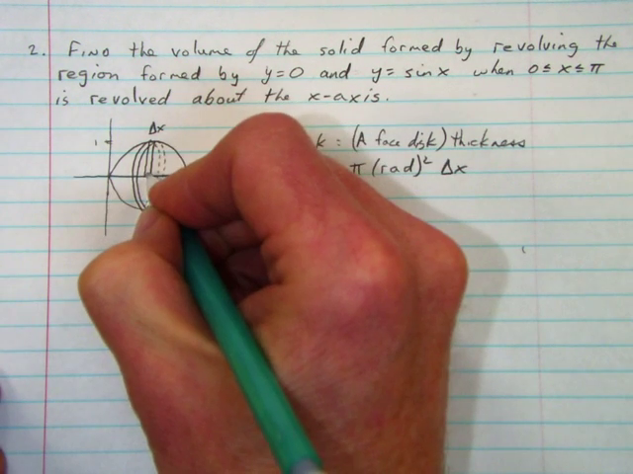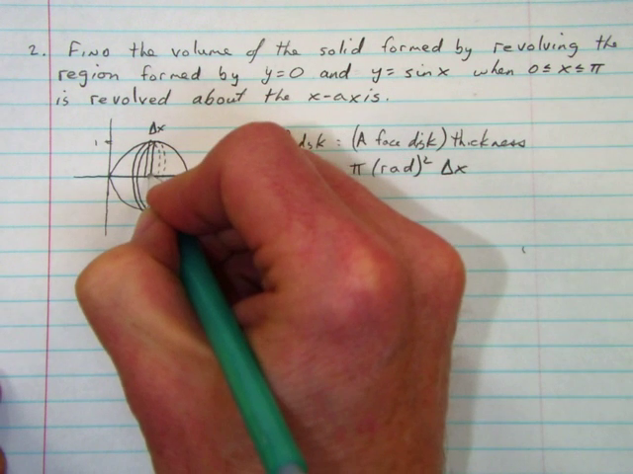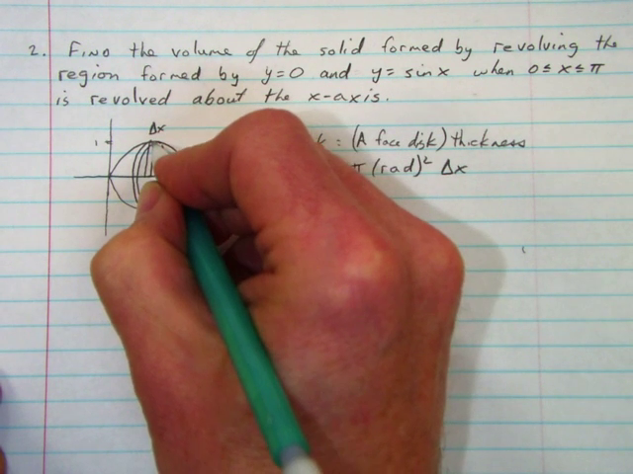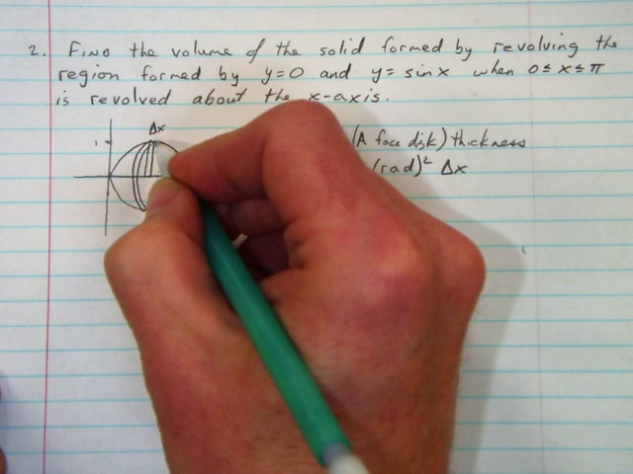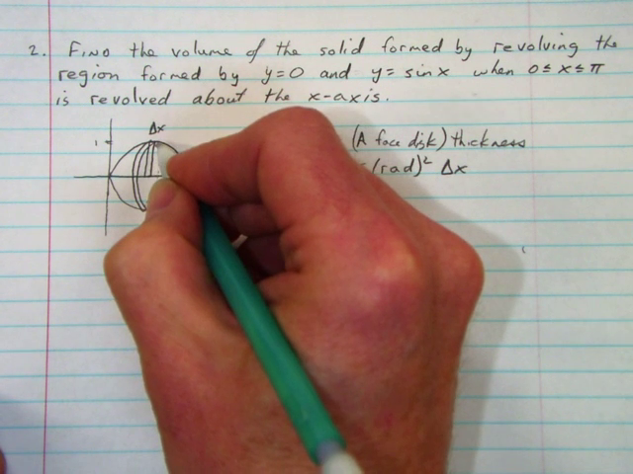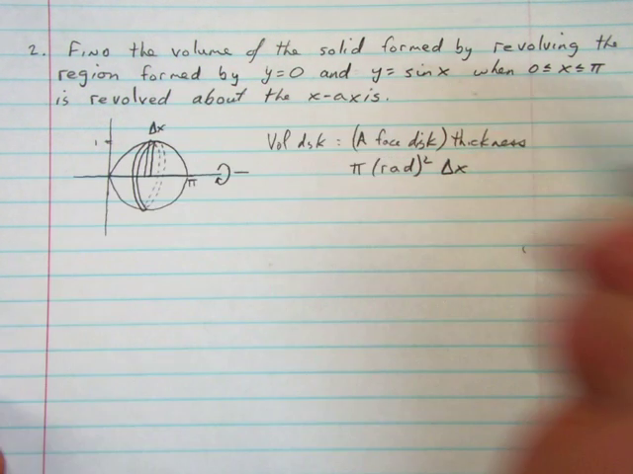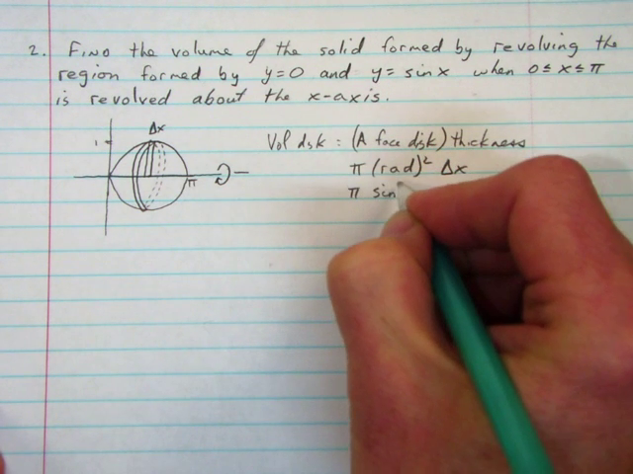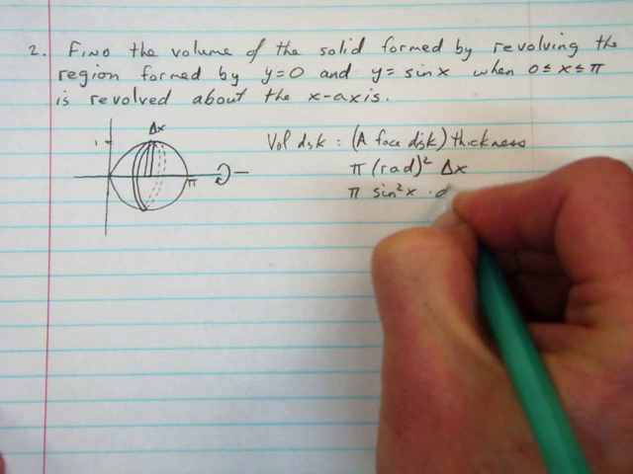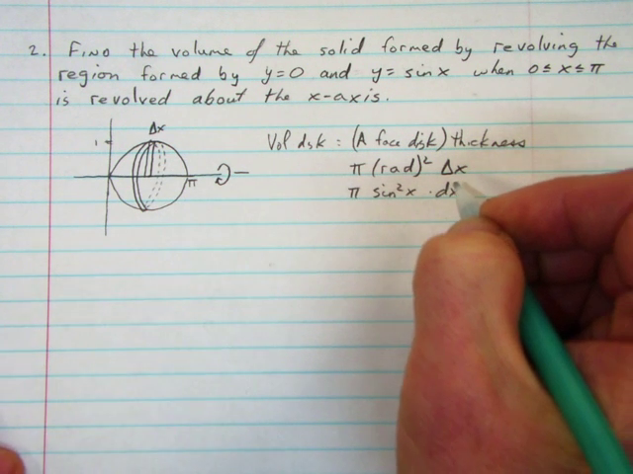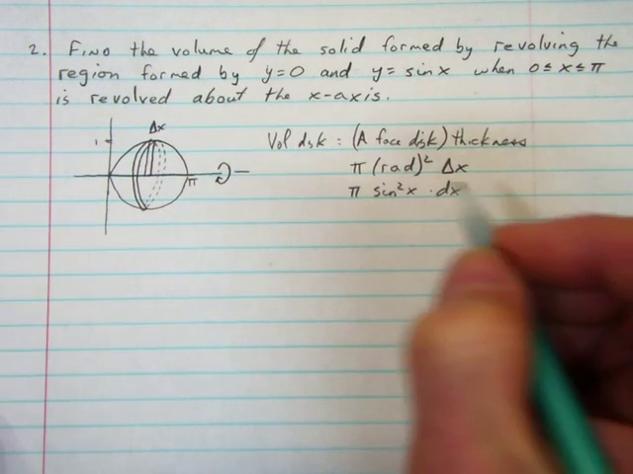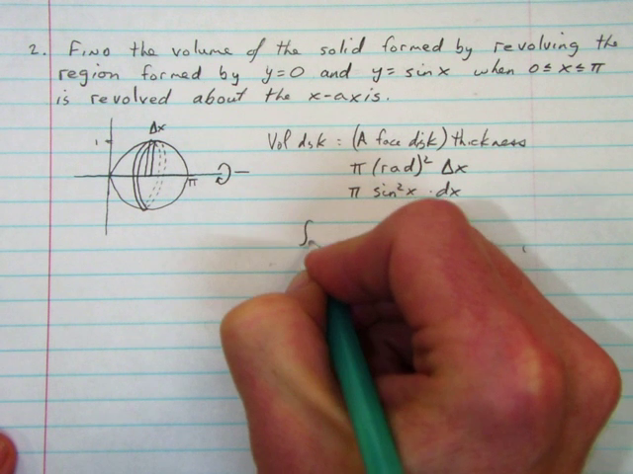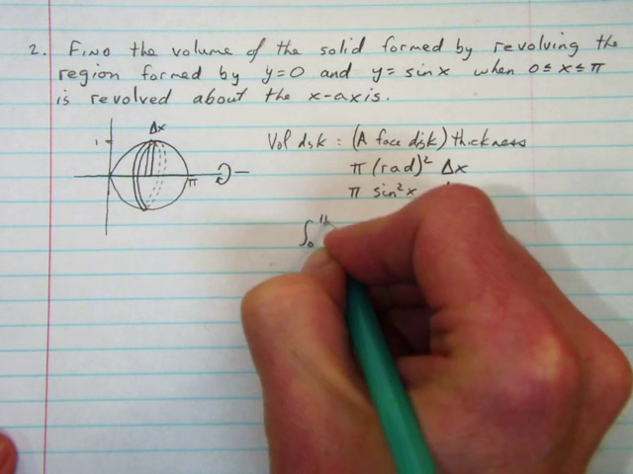What is our radius? That's the distance from our axis of rotation to the curve, or in this case from the x-axis all the way up to the curve. That curve value is sine x, so this will be pi times sine squared of x times dx. What do we want to do with that? We want to sum them all up from 0 to pi,